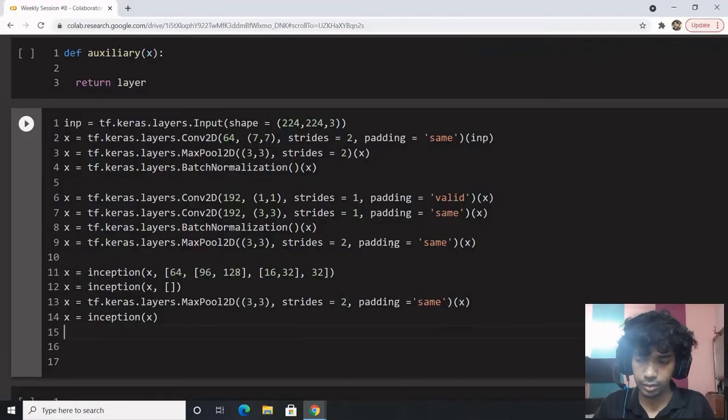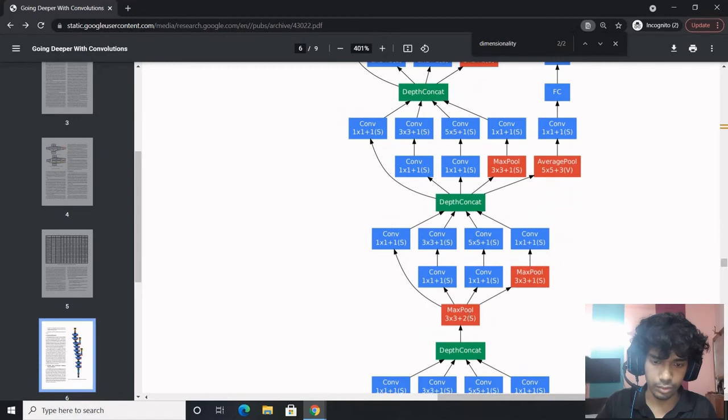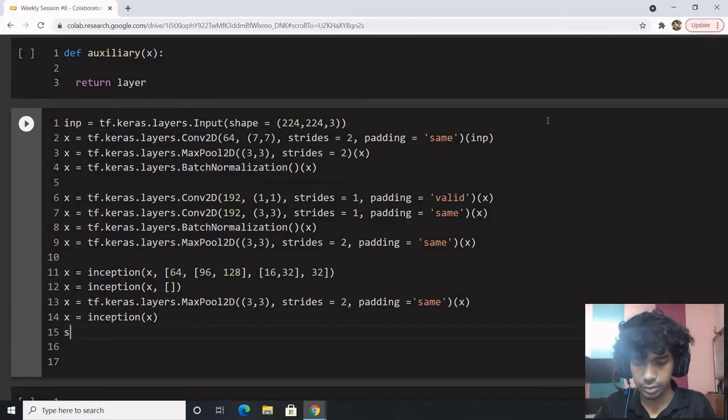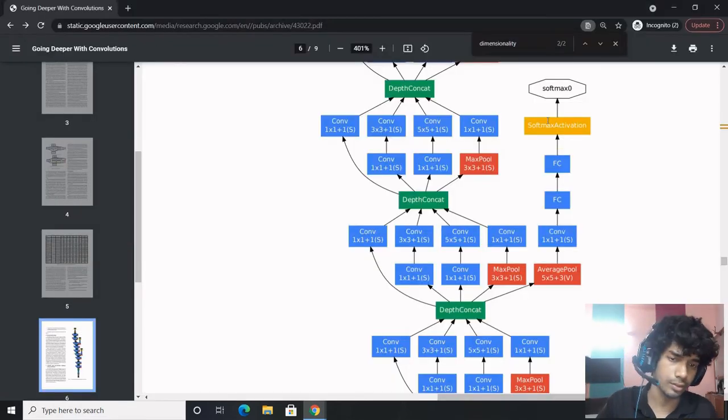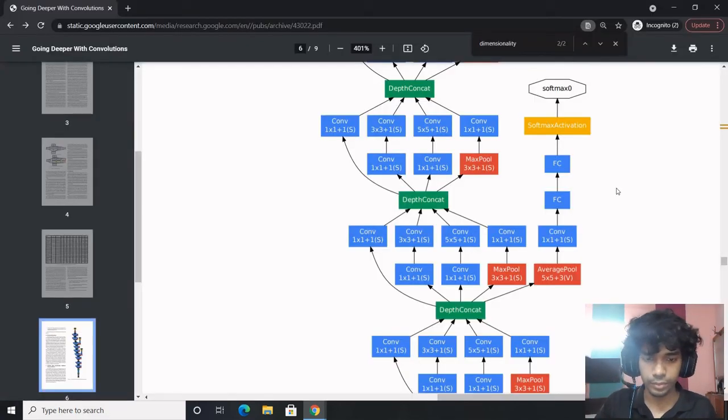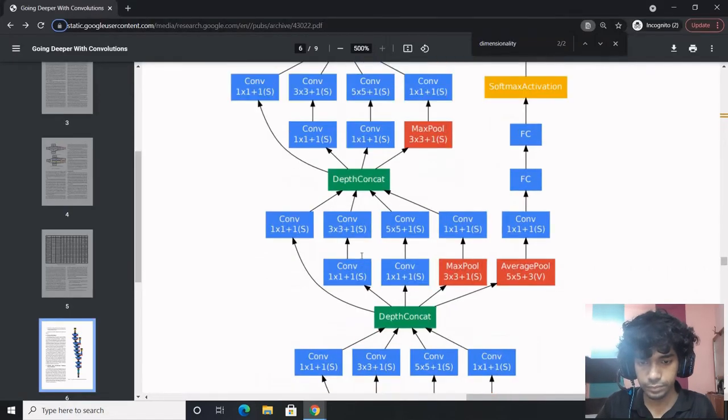Another inception. So this goes into an inception block, and a part of it is the auxiliary part, right? A part of it is the auxiliary part, and we'll pass in the input. The rest of it goes into the inception part.